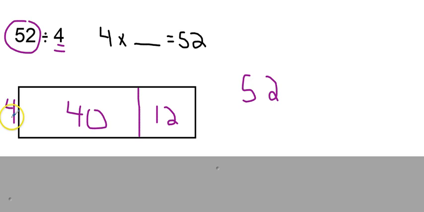And what we need to think to ourselves is, 4 times what number is going to give us 40, and 4 times what number is going to give us 12. So 4 times 10 is 40. We can represent that. 4 times 10 is how we got 40. And then 4 times 3 is going to give us 12. So we can represent that as plus 4 times 3